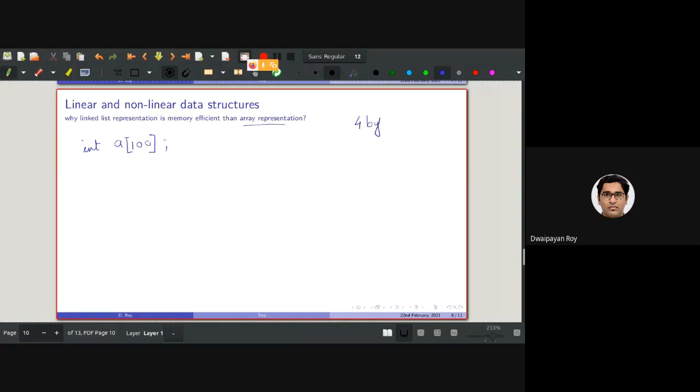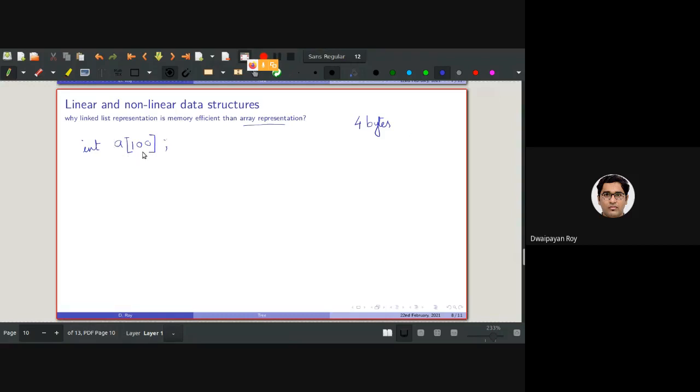Depending on your compiler, it can be 2 bytes as well. If you are using Turbo C in the Windows operating system, it can be 2 bytes. But I hope you are using some kind of GCC compiler like Dev C++. The size is 4 bytes for each integer variable.